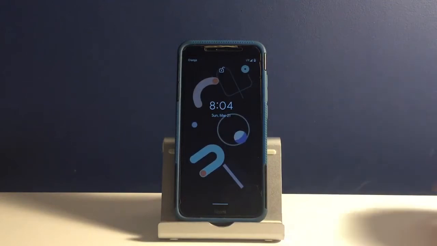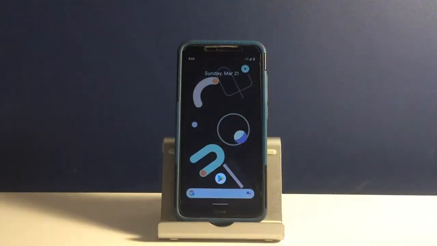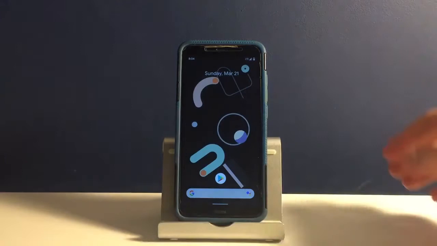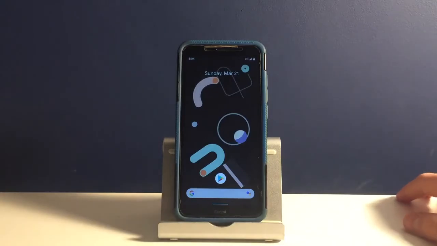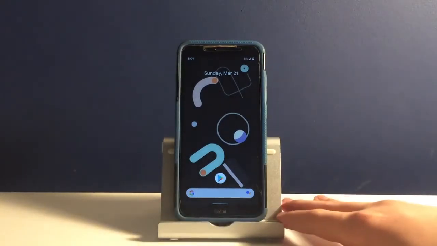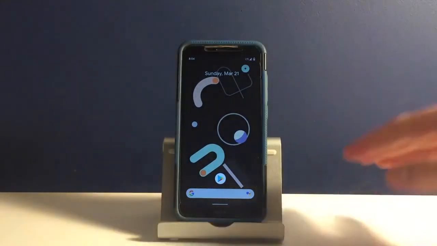Hi guys, in this video I will show you how to install Android 11 ROS ROM on Xiaomi Redmi 7A. So first of all, disclaimer, you need to have bootloader unlocked. How to do so, I'll make a video soon, and if it comes out, it will be linked in